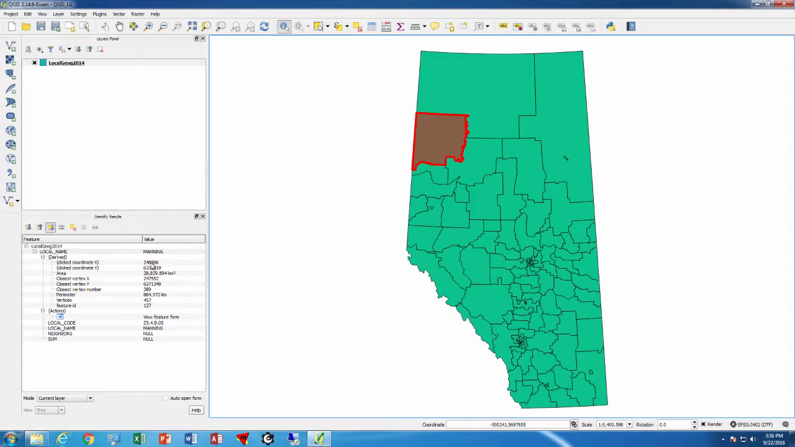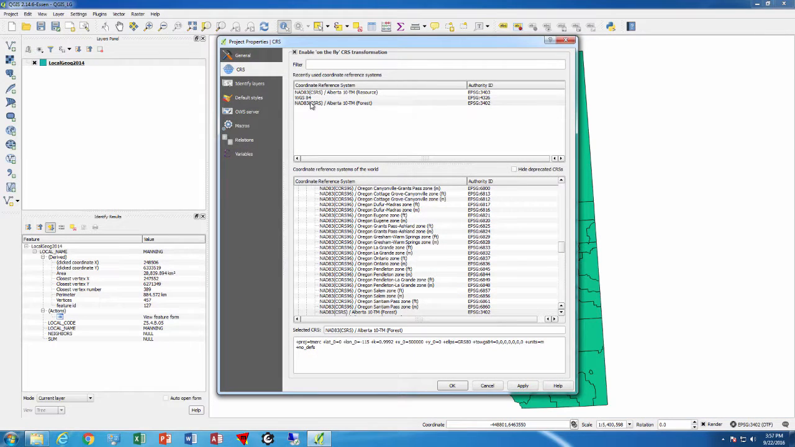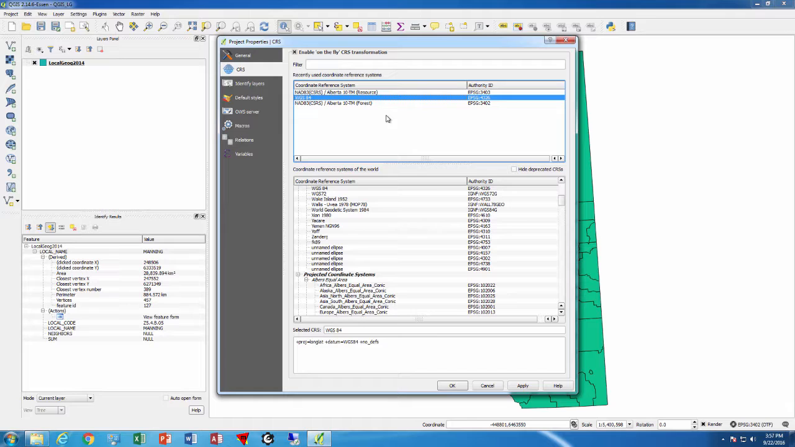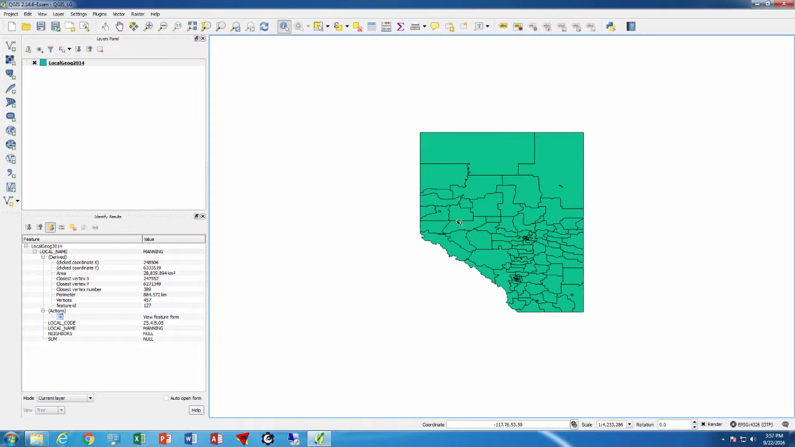The coordinates right here are in 10 TM, 10 degree transverse Mercator, because that's the projection that we set last time. If we want to see this in latitude longitude, all we have to do is change the project to be latitude longitude. So we go here to project properties and select WGS 84. That is latitude longitude. So we press apply, the map shape changes,